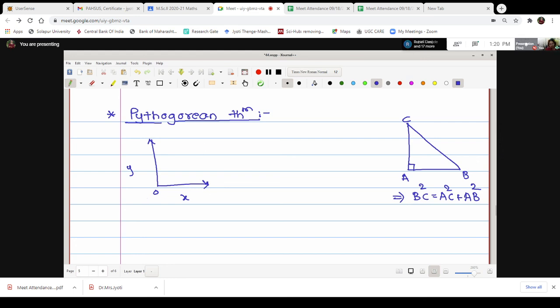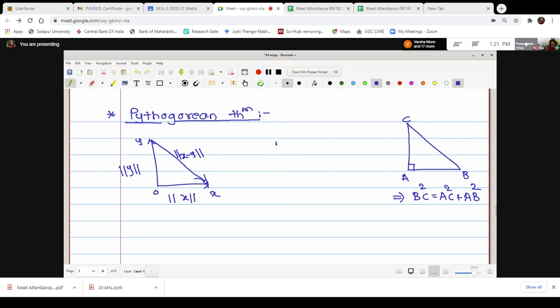Now if I want to find out the length of a vector, what should I write? Here I'll write vector x, here vector y. Then what will be the length of a vector? As we are in Hilbert spaces using norm as the length measuring function, I should write norm x. Then what about this hypotenuse? If these are the two vectors x and y, what is this location? x minus y. And what about its length? Norm x minus y.